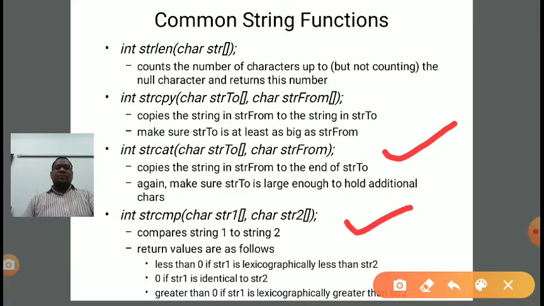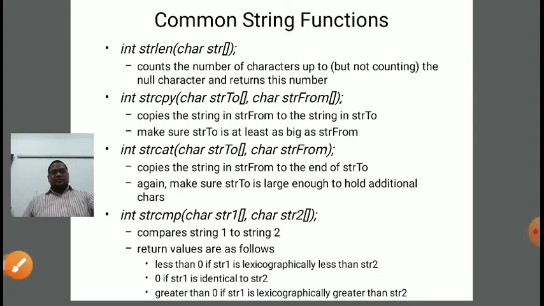Next is strcmp, to compare two strings. While comparing, there are two concepts we need to follow. First, in order to compare two strings, the length of both strings should be the same. If the length is the same, it doesn't guarantee that both strings are equal. In order to compare further, we need to check the corresponding characters of both strings. If all the characters, starting from the first character to the null character or last character, are equal in both strings, then we will say that both strings are equal.